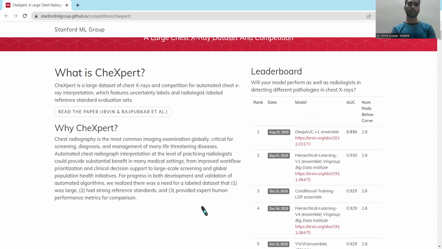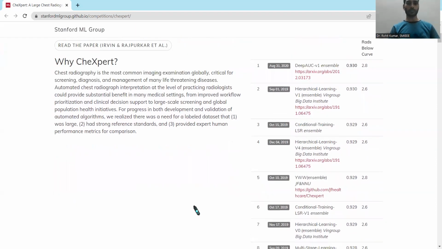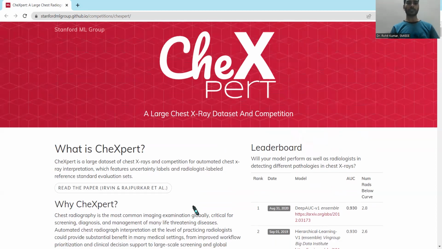This particular dataset is quite good in terms of size, in terms of variety, and in terms of the vividness that you have with respect to the different problems in the field of chest examination, especially for radiologists.